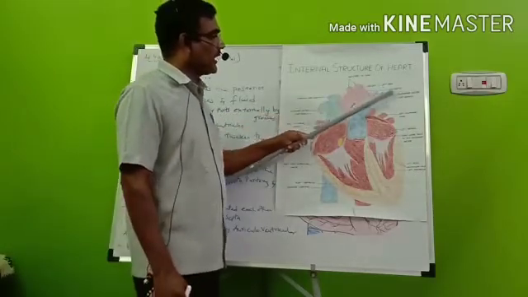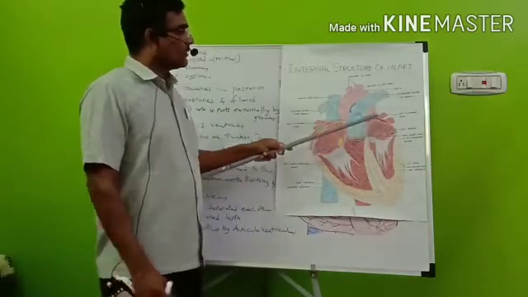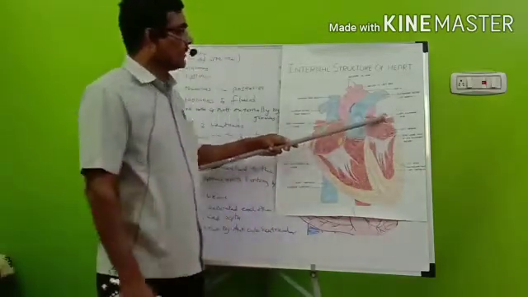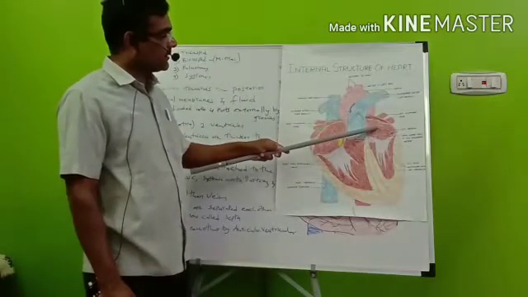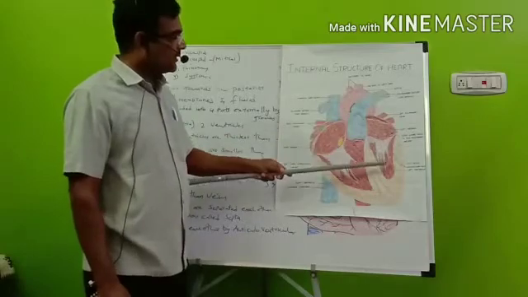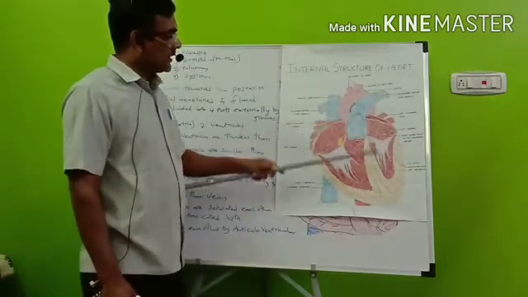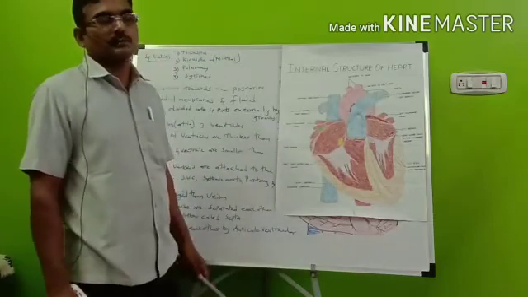where it gets oxygenated and returns back to the heart, that is the left atrium, through the pulmonary veins. After reaching the left atrium, the blood is flushed into the left ventricle. From the left ventricle, the blood flows to the main systemic aorta and distributes to all the body parts.